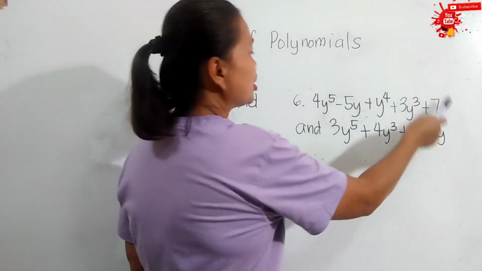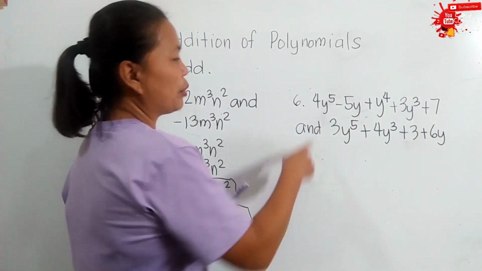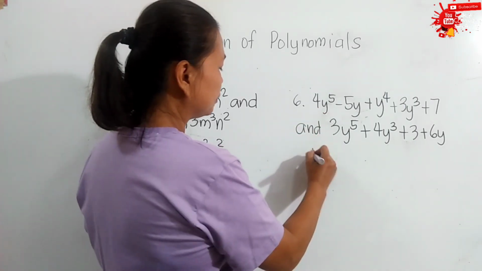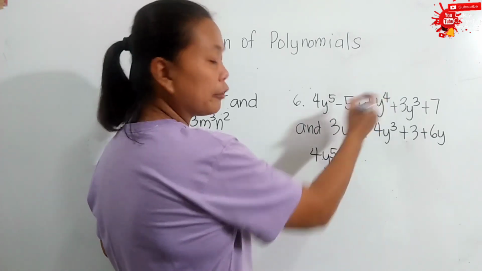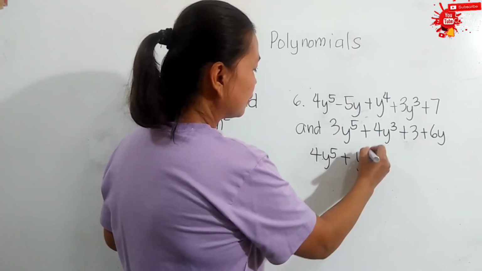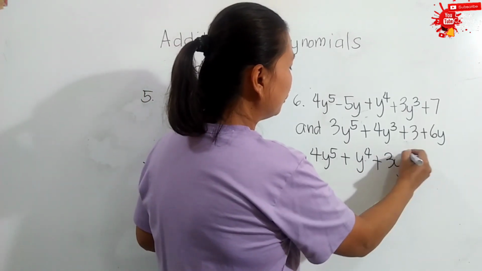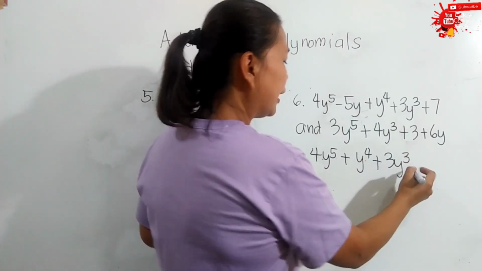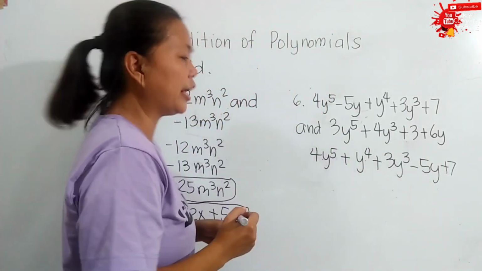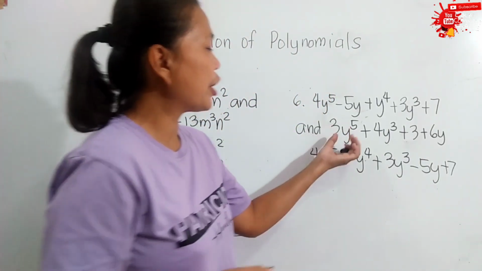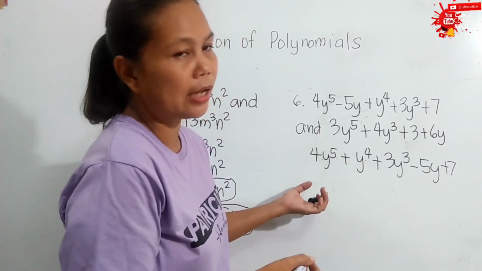So we can now arrange the first polynomial in descending order. So we have here 4y to the fifth, then followed by positive y to the fourth, then followed by positive 3y cubed, then we have negative 5y plus 7. Okay? Then let us rewrite 3y to the fifth plus 4y cubed plus 3 plus 6y below this term of